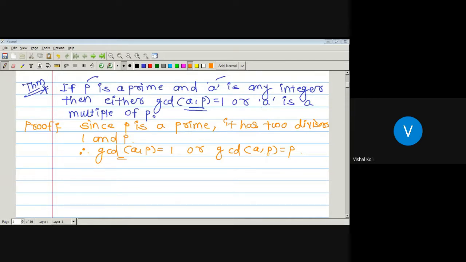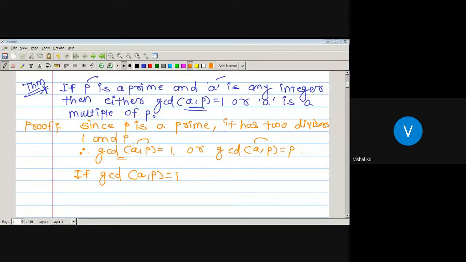P only the greatest among all the divisors. Okay, so GCD has only two possibilities. Either GCD will be equal to 1 or it is equal to p, and it is equal to 1 whenever a is relatively prime to p, and it is equal to p whenever a is a multiple of p. Okay, so if GCD of a and p is equal to 1, then our result will be obvious to us,